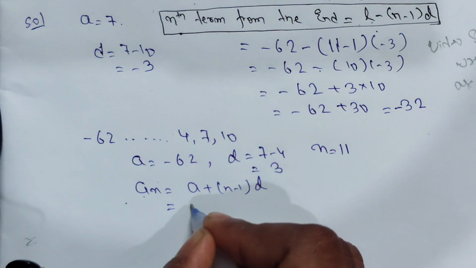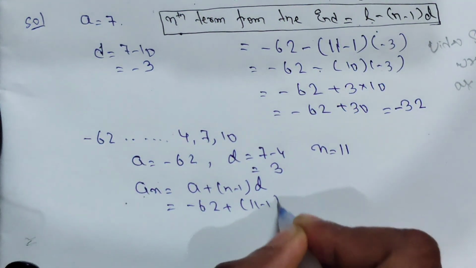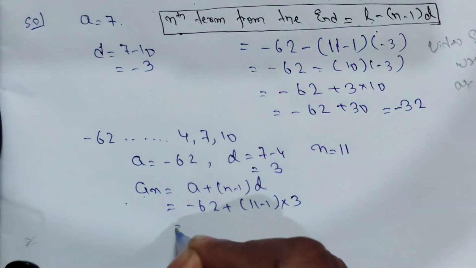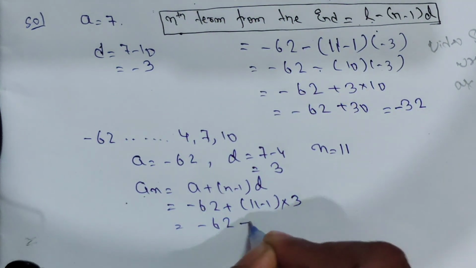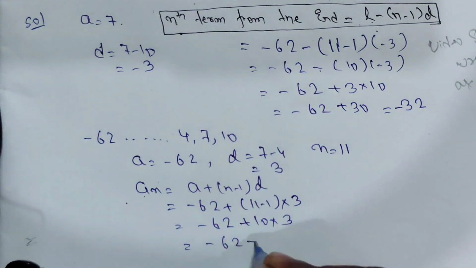So a value is how much here? Minus 62. Plus n is how much? 11 minus 1, and d value is 3. So it will be minus 62 plus 10 into 3, so it will be minus 62 plus 30. So answer is minus 32. Now this is the next question where we have to find out which term of an AP